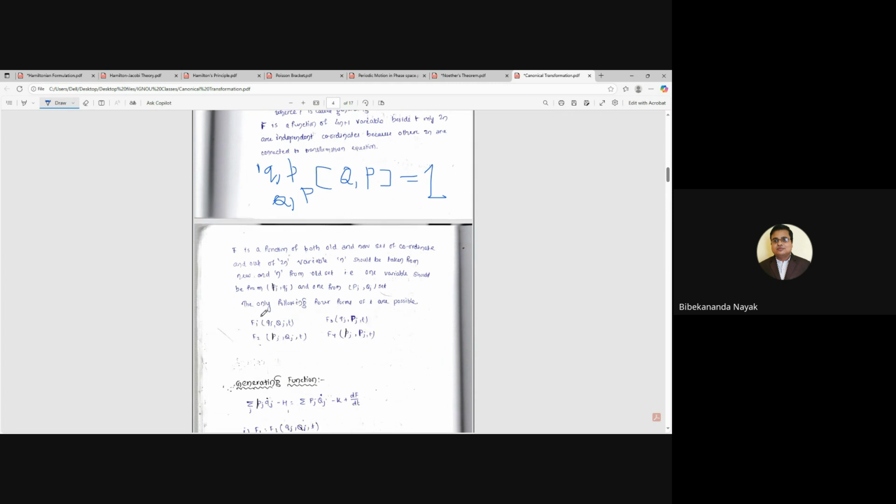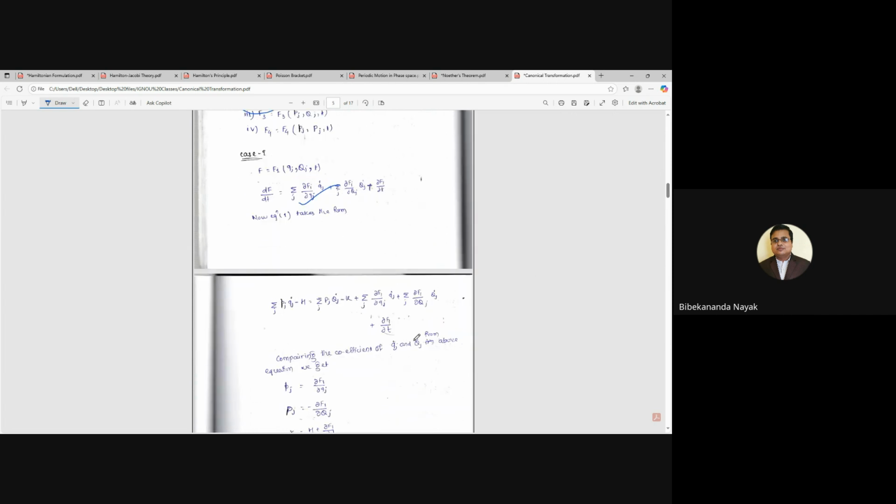One is old q, new Q, old q, new P, old p, new Q, old p, new P. So there are four forms of generating functions, and from those generating functions we can get four kinds of equations of motion, F1, F2, and so on. F2 is more general and it's common. So the F2 generating function, Qj, Pj, is the common one, because